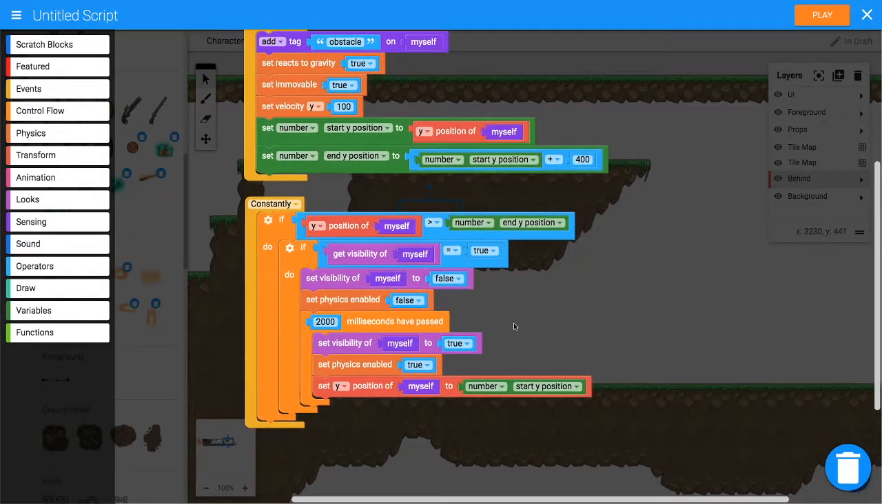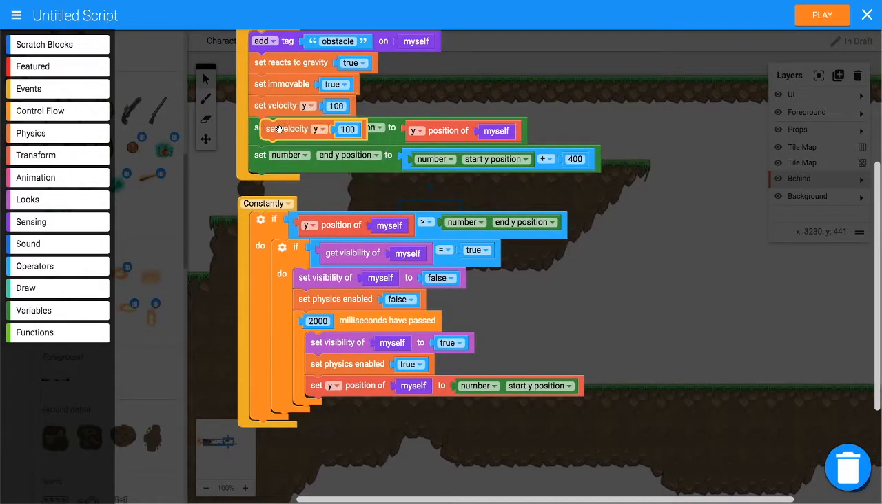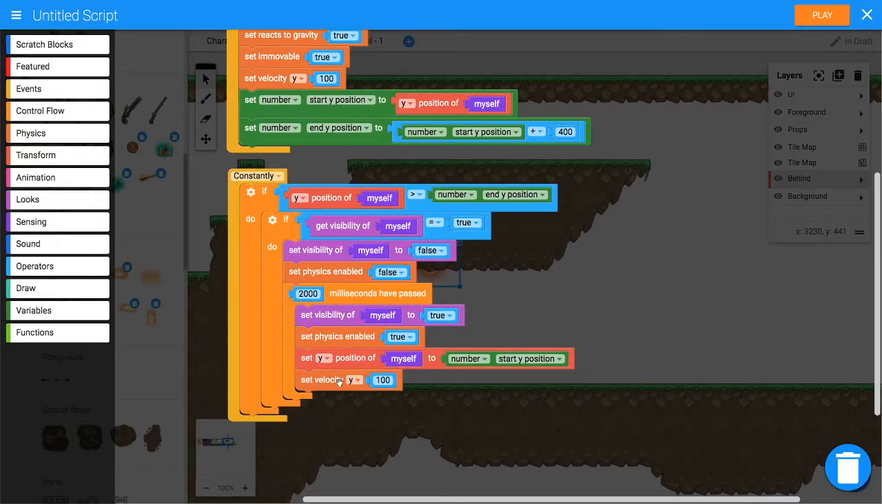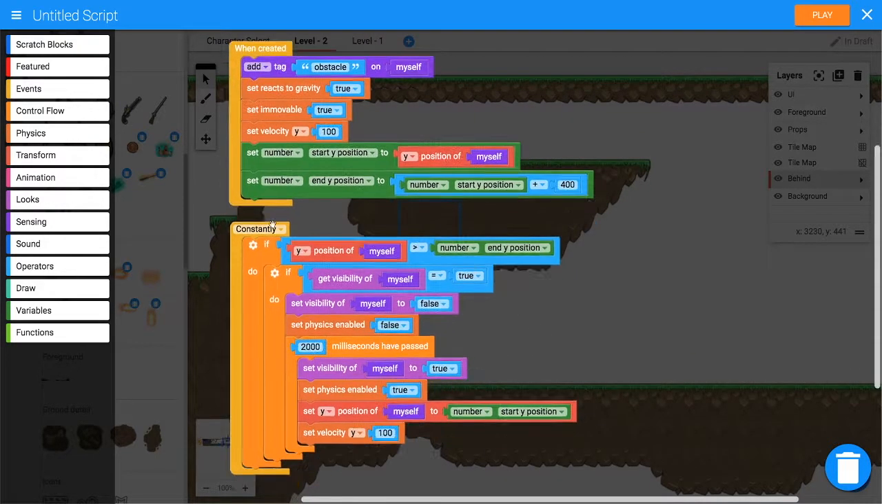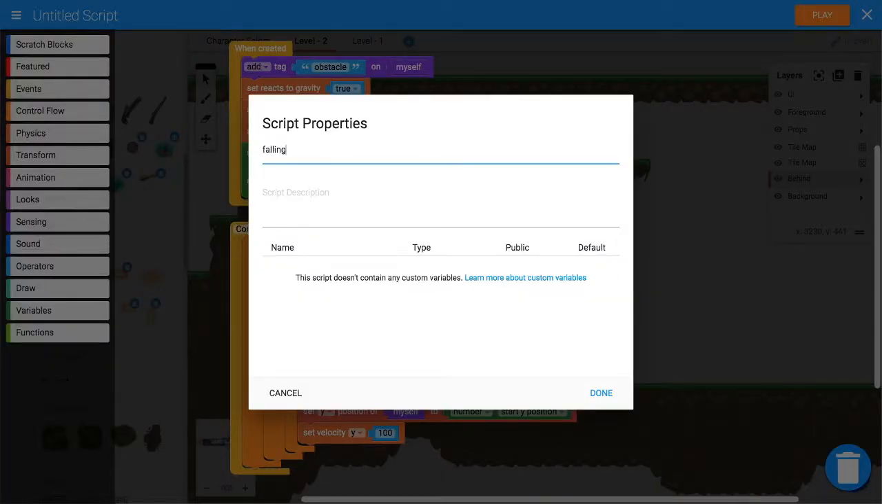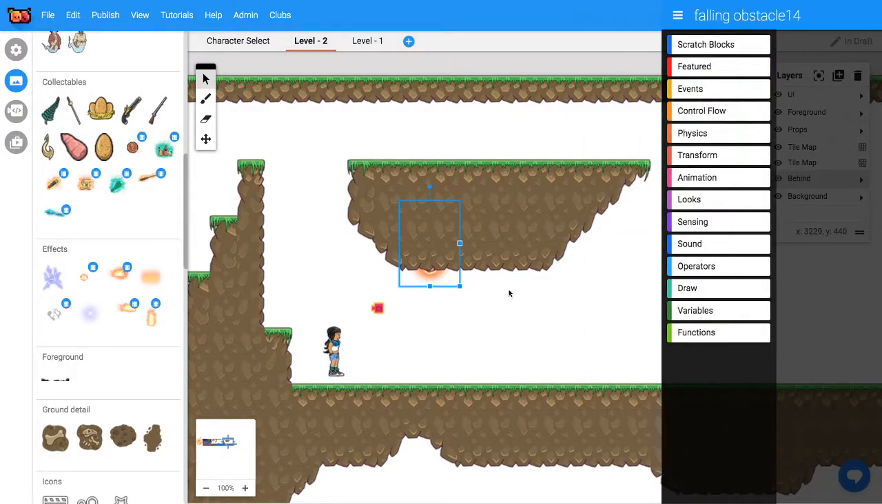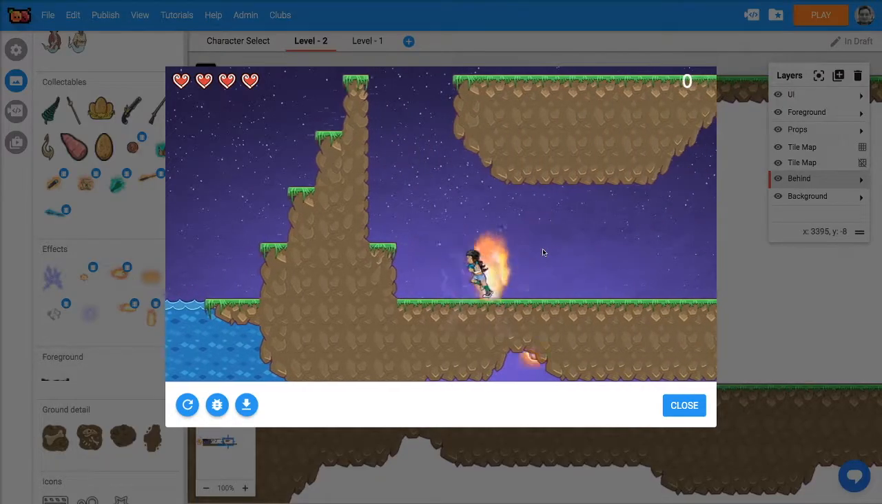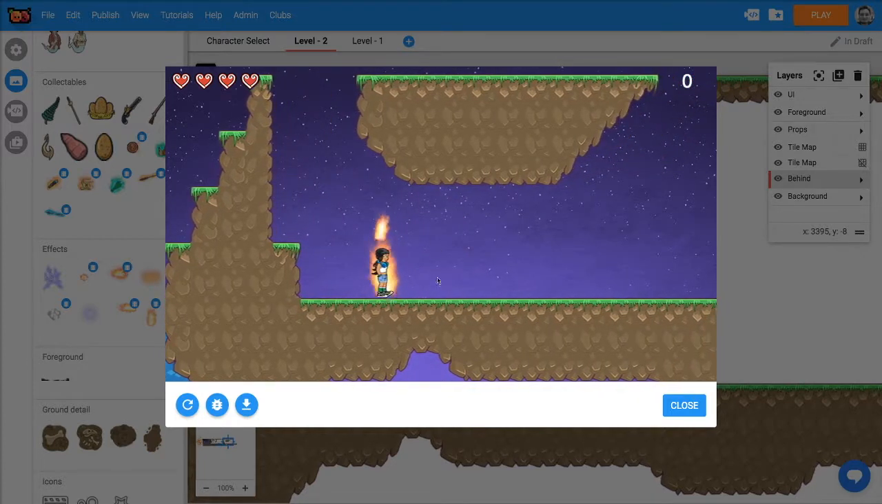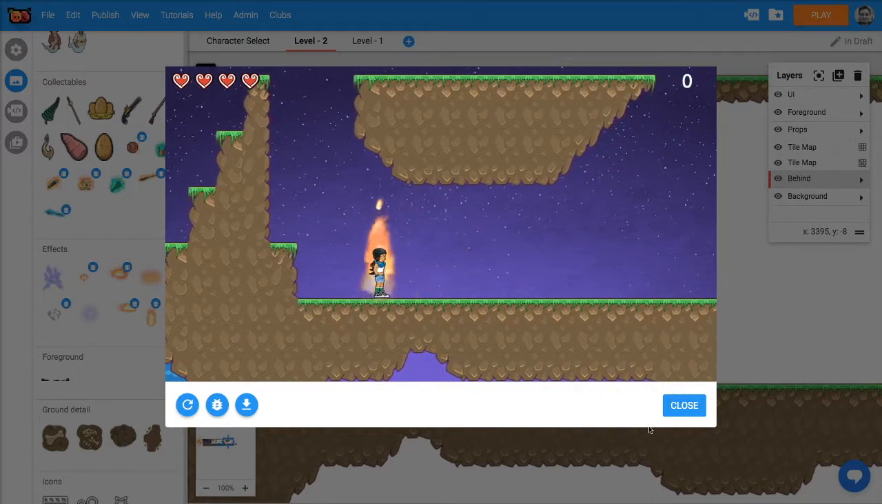Oh, and we'll also reset its velocity. So let's set its velocity back to 100, because as it falls down it'll pick up speed. Alright, let's test that out. Call that falling obstacle. And there we go, we can see it loops quite nicely. Now maybe you might want to put a bunch in there,